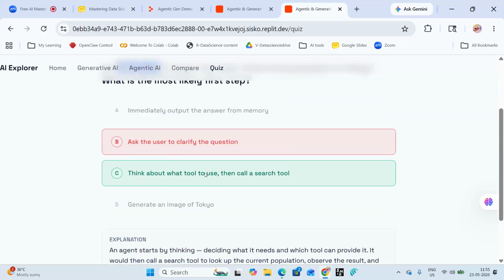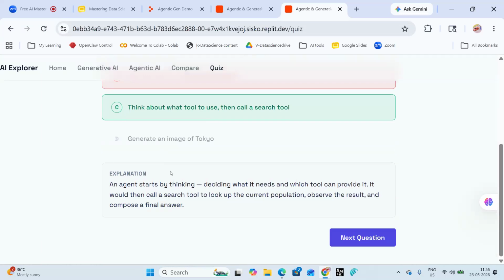Yes, think about what tool to use, and whether to use an inbuilt tool or a search. I'll show you this also. An agent is only a tool, sir. Now what is the tool you are talking about, or what other tool can we integrate? Yes, I'll show you that also later.